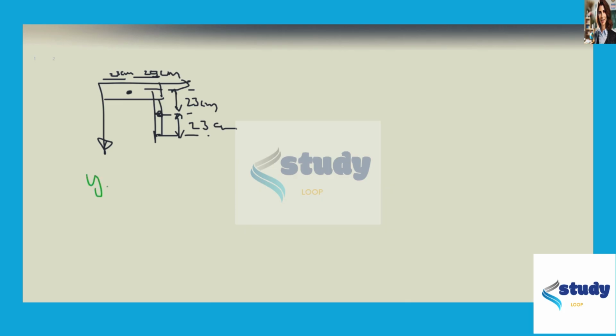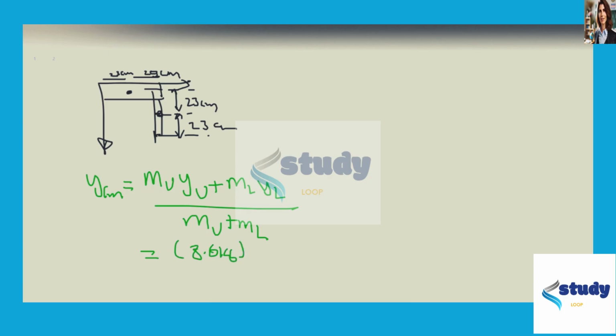So to get the y center of mass, again, we invoke the same formulas: the mass of the upper leg and then the y of the upper leg, plus the mass of the lower leg and the y of the lower leg, over the sum of the masses. And when we plug in the numbers, we get 8.6 kilograms times... Now, this distance is going to be 0 centimeters. And the reason for that is because at this level, the value of y upper equals 0 centimeters. And then plus